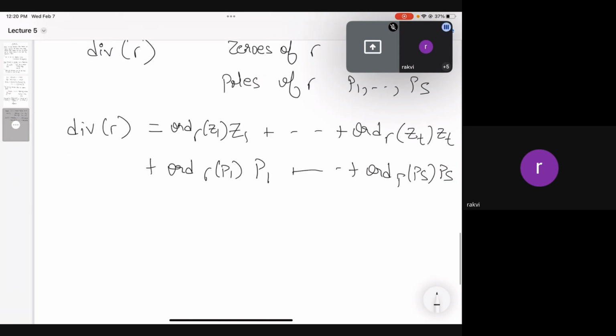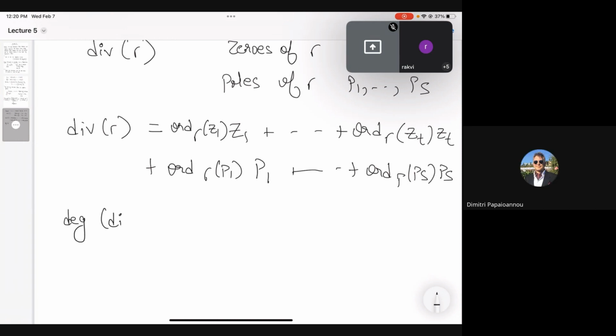Now, what is nice is, if you count zeros and poles according to multiplicities, the sum of all zeros is equal to the sum of all poles, with plus and minus. So the degree of this divisor